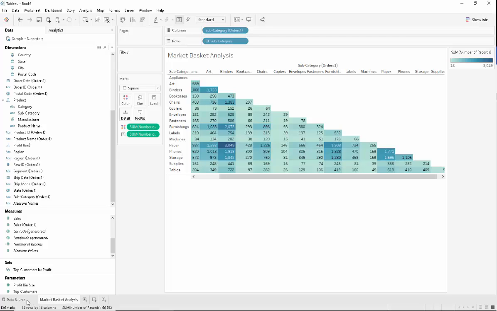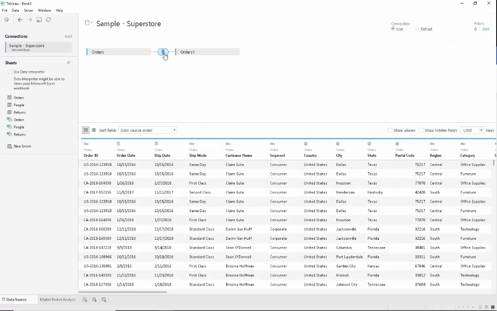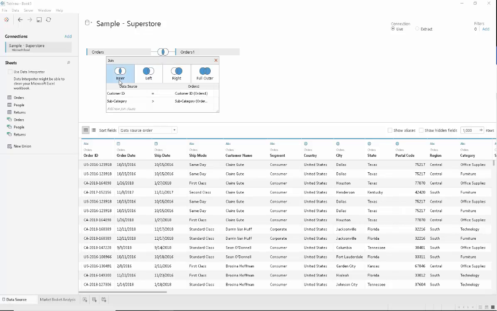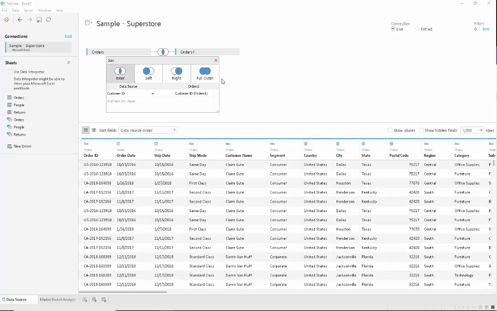So I'm going to go back to my data source. See, this is our chart right now. If I go back to the data source, click on this center to see our inner join condition, and I'm going to take this condition off, the second condition, subcategory greater than subcategory. If I take this off